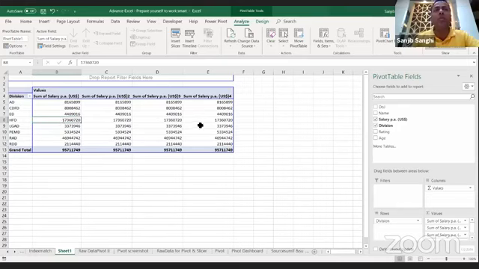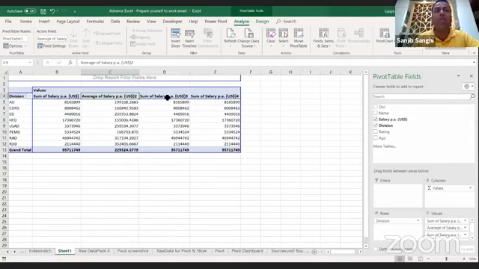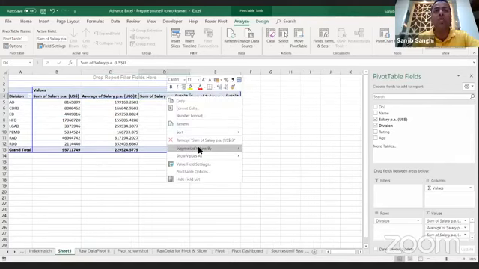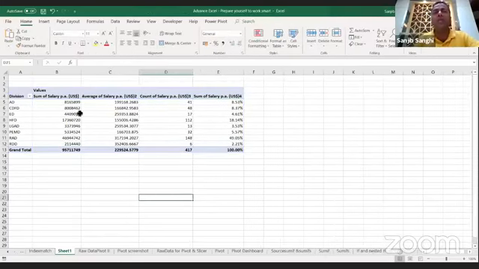So I got all these 4 columns with the salary by division. I can always go back and change this to average. I can go back and change this to count. I can go back and change this to percentage of grand total. Now look at this report. In just 3 to 4 seconds, I get a report which might take me hours to build. And the data can be 1,000 rows or a million rows. It will pull and create a report.